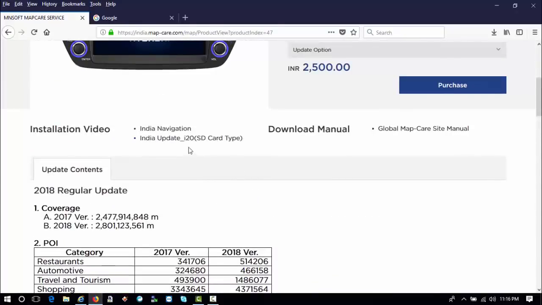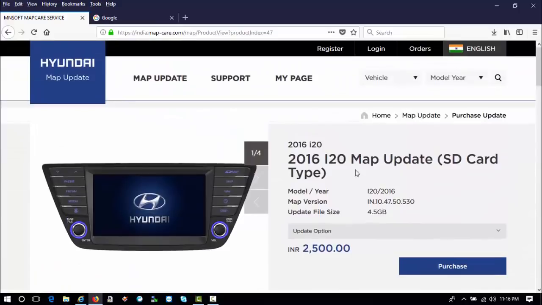You can have navigation details here. Site manual is global map where site manual is available, so you can go and check this information in the website. So guys, now as we have completed this flashing, we need to install